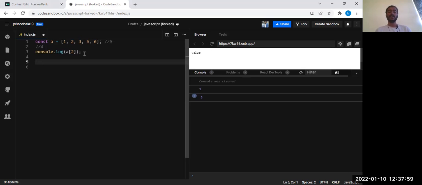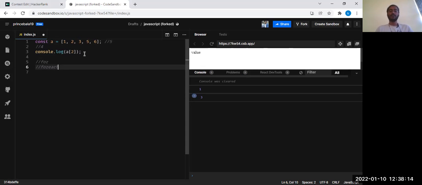Because if you wanted to manipulate the data, you have to iterate through the array, because you need access to each element in the array. For that, there are different ways. Today I'm just going to explain two different methods: one with the help of a for loop and the other with the help of a for each loop.